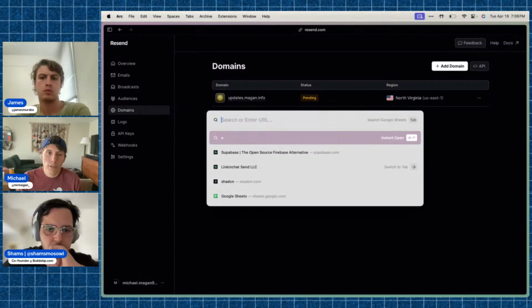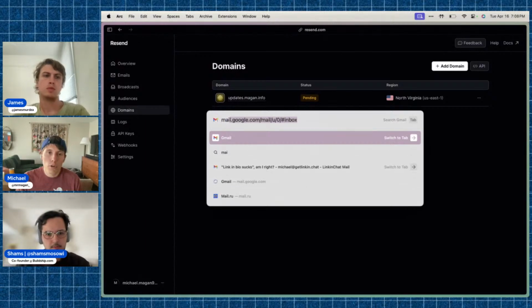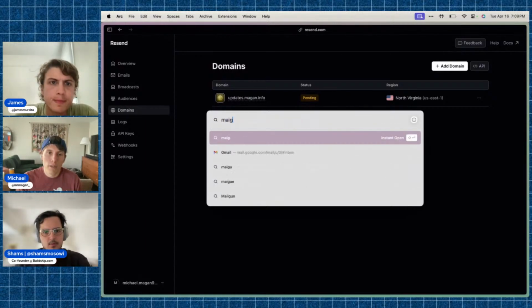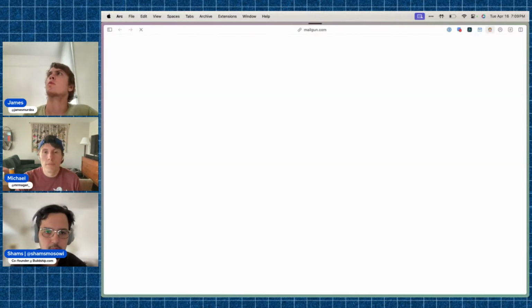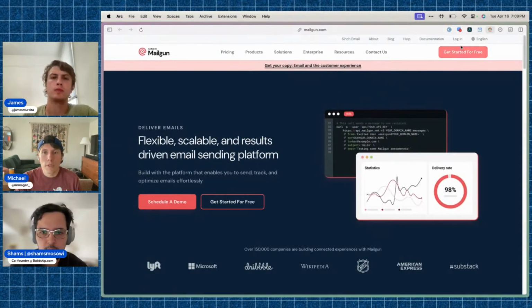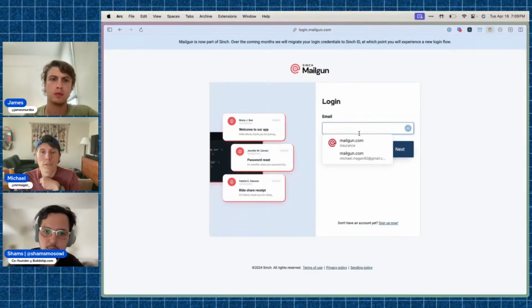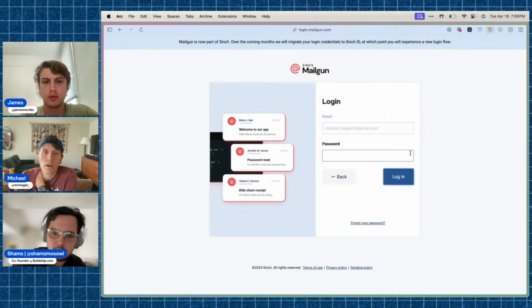Did I have SendGrid? Try SendGrid. Do you support Mailgun? We could. I mean, if you have it set up, it'll probably be pretty easy to make a node. Yeah, I think I've been using this, so I know this works.